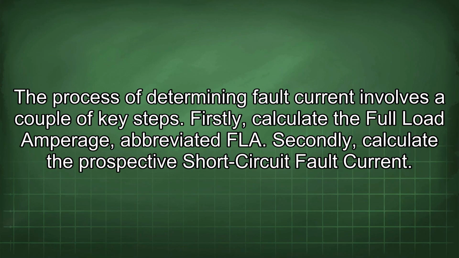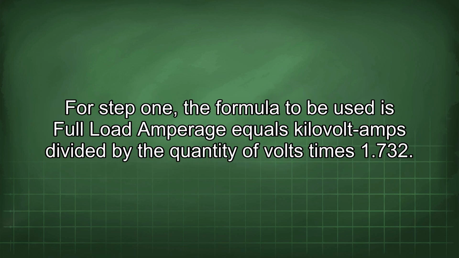The process of determining fault current involves a couple of key steps. Firstly, calculate the full load amperage, abbreviated FLA. Secondly, calculate the prospective short circuit fault current. For step 1, the formula to be used is full load amperage equals kilovolt-amps divided by the quantity of volts